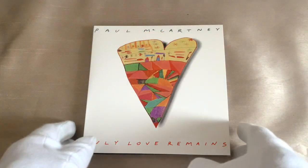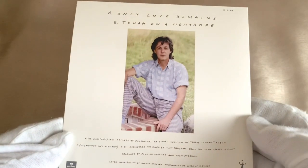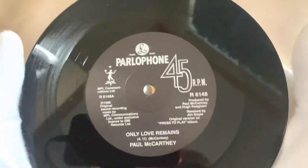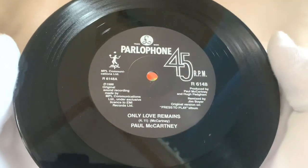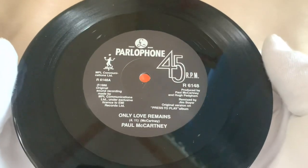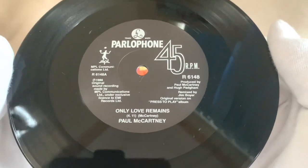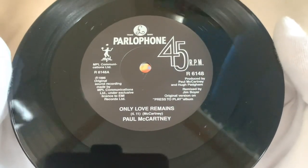So Paul's final single then from 1986 is Only Love Remains. And we've got a UK picture sleeve for this one, with Tough on the Tightrope as the B-side. So, got a faithful label once again, with that Juggler on the left, and of course 1986, original sound recordings made by MPL, with the catalogue number on the right, and produced by Paul McCartney and Hugh Padgham, and of course it's from the album Press to Play, with Only Love Remains at the bottom, and of course Paul McCartney,